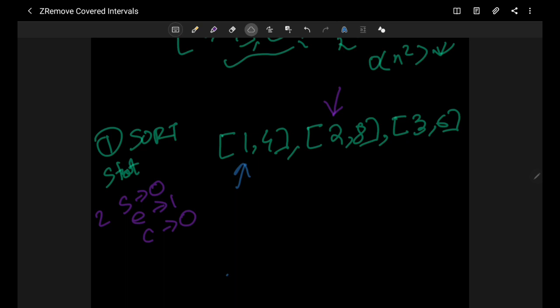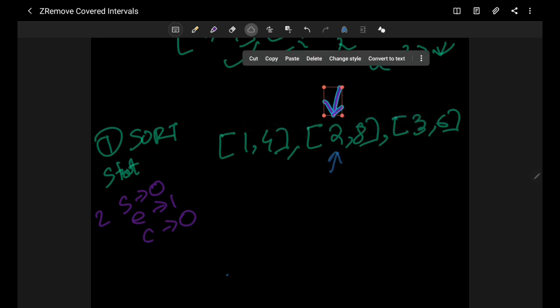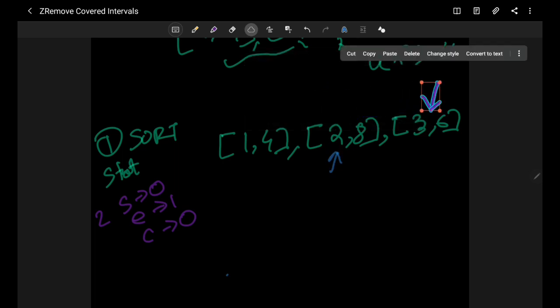So to move our counter we need to check some certain logic, right? So if I check between 1 4 and 2 8, here I can see that 2 8, this interval can cover the maximum number of timestamps. So we are going to increment our start pointer and now this will point to 2 8, and similarly we can increment our end pointer. Now it will point to 3 6.